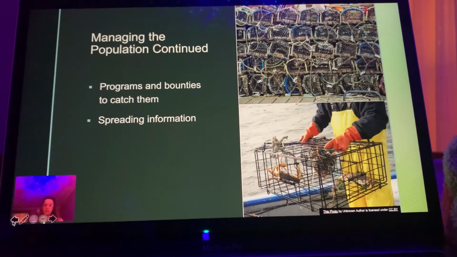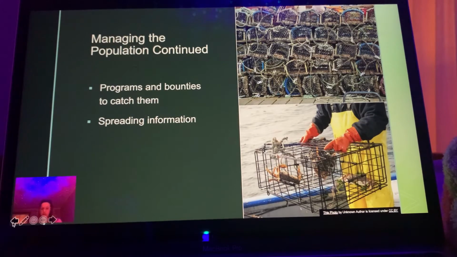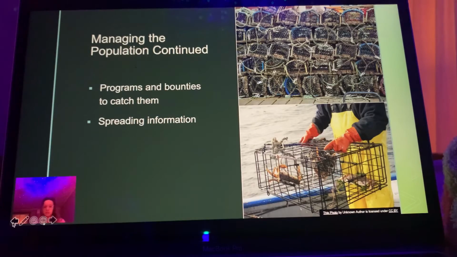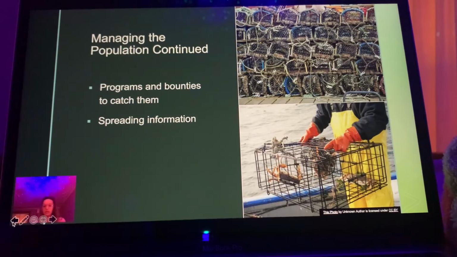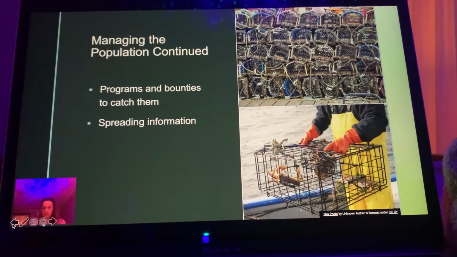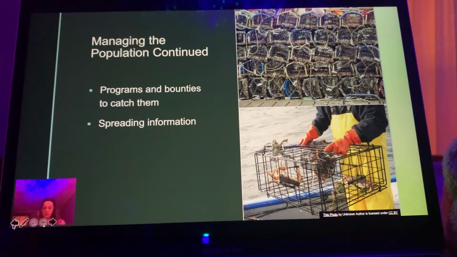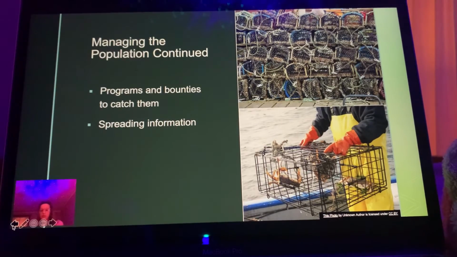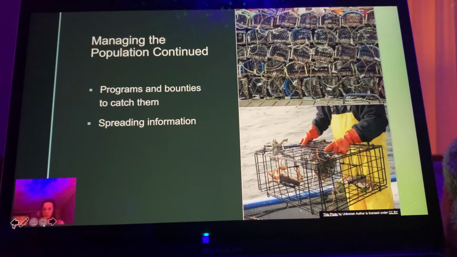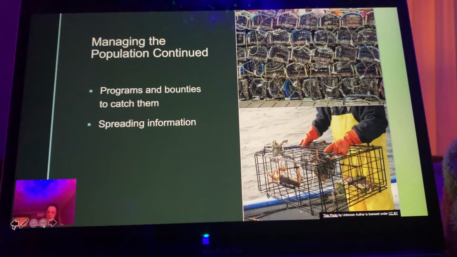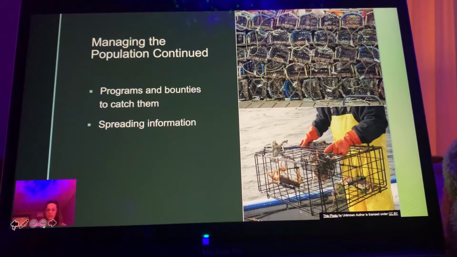Another way we can attempt to manage the population is by sharing knowledge about the species. By informing people about the impacts of these species, more people will be aware and can work to prevent an increase. Also, people could do more to limit the effects, for example, planting eelgrass to limit the erosion. And also, it would help people be more aware when trapping or on boats, they will know what to look for and how to keep the crabs from being brought to other places.